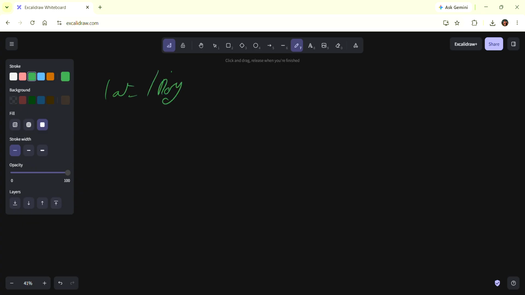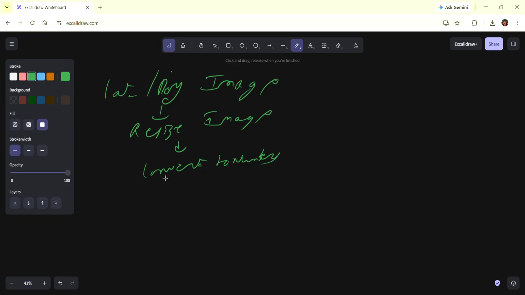First step, we take the image of a cat and dog. Then we resize the image. Whatever the images are, we convert them to numbers. Then we use some CNN algorithm layers. We use ReLU activation to remove the gaps or unwanted things.